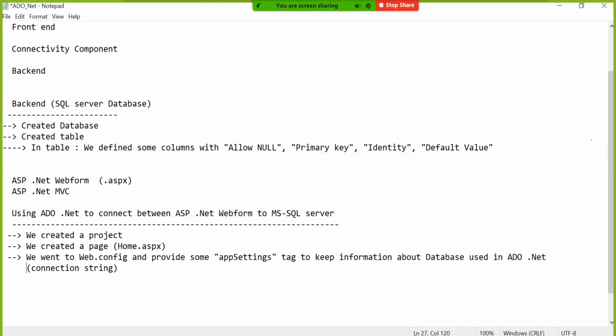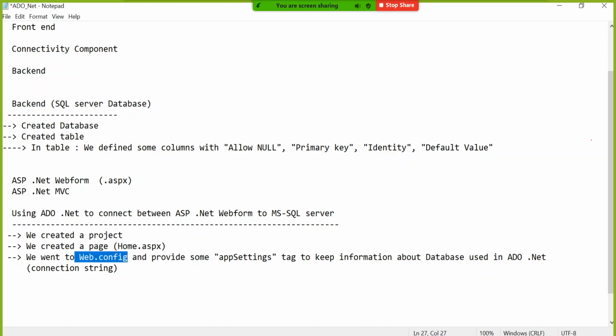So if somebody asks you in any project development, where do you keep the connection string? That means you have to quickly understand he is asking where you keep the database name, user ID, password, etc. in one website or web application. Then you have to say in the configurational layer we keep it. No need to say web.config, because technology to technology, architecture to architecture, the name of the file will vary.